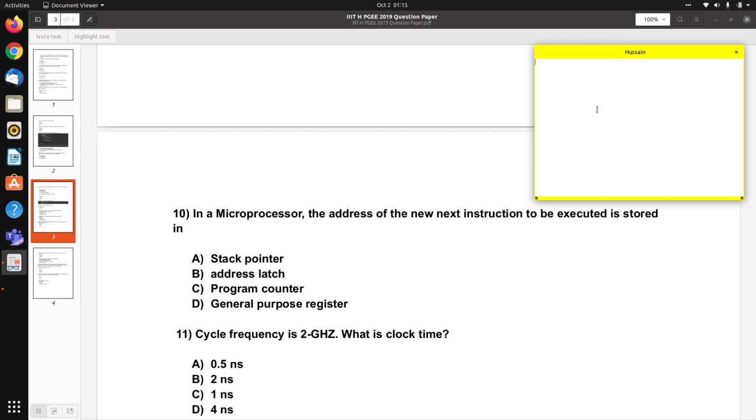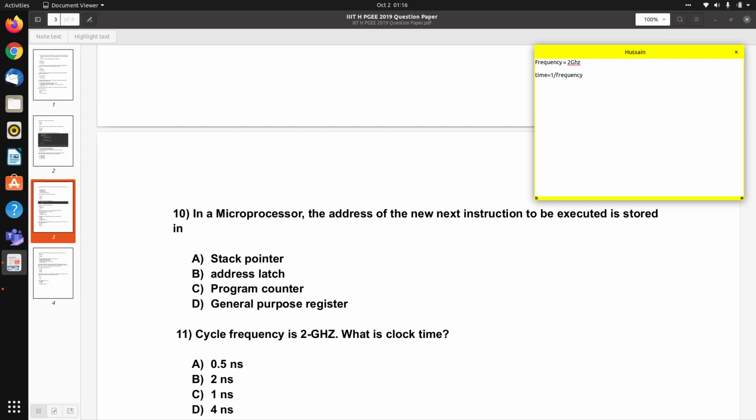Okay, now for question number 11. Frequency is given as 2 gigahertz. And we need to find the clock time. So time equal to 1 divided by frequency.